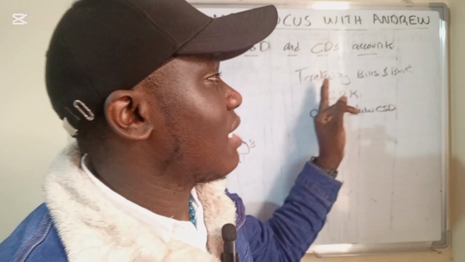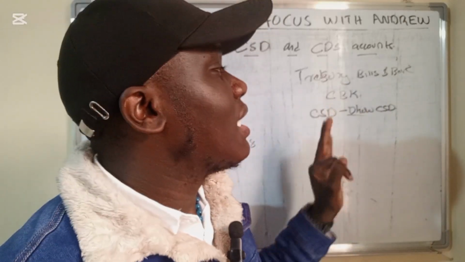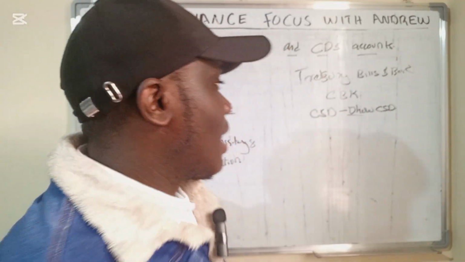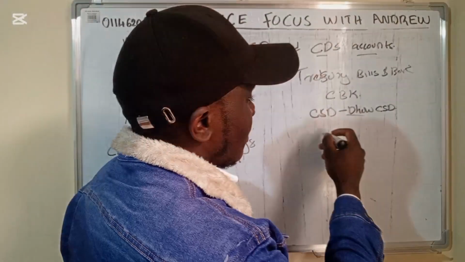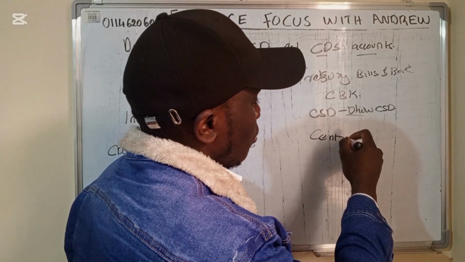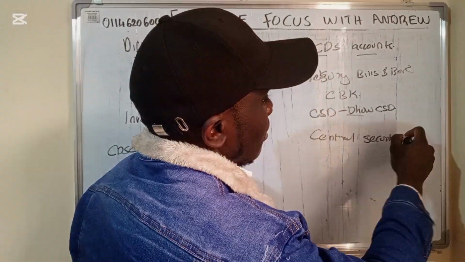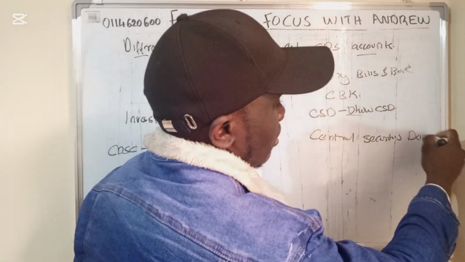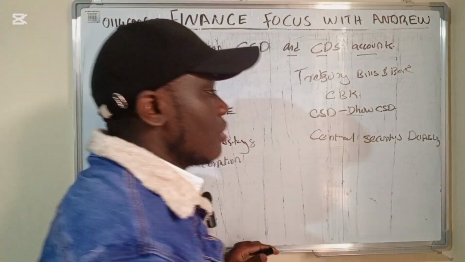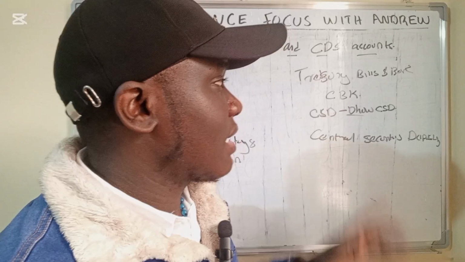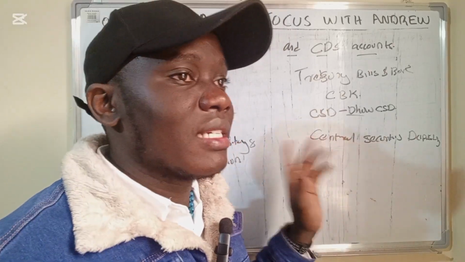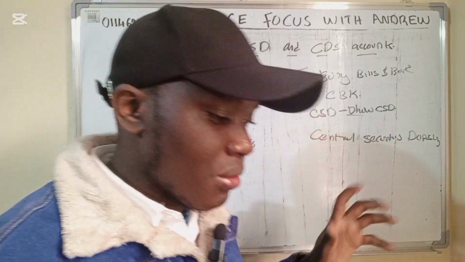So to invest in treasury bills and treasury bonds, you need a CSD account. If I'm not wrong, this stands for Central Securities Depository. You need a CSD account to access the treasury bills and treasury bonds market directly through the Central Bank